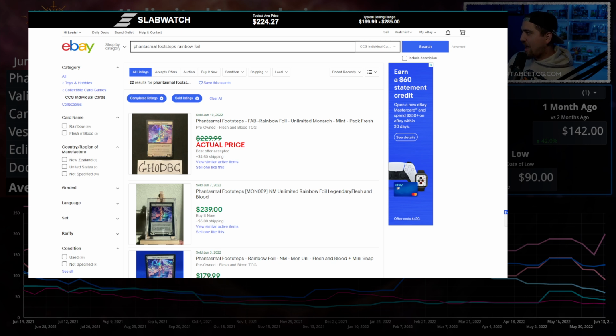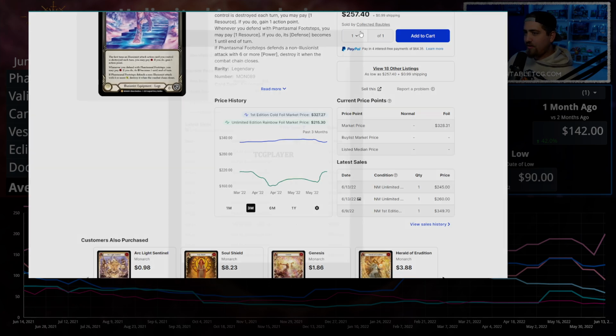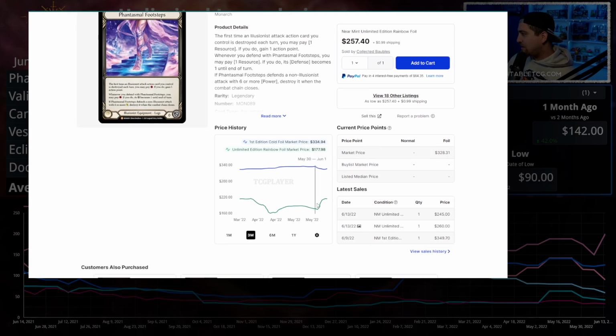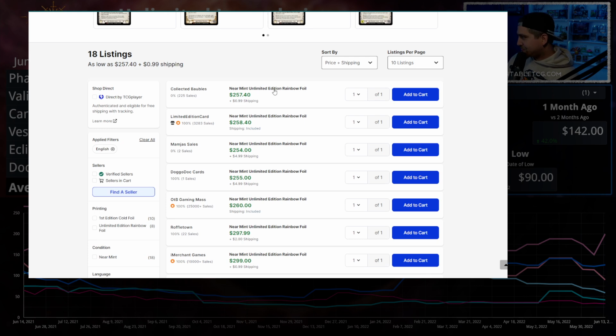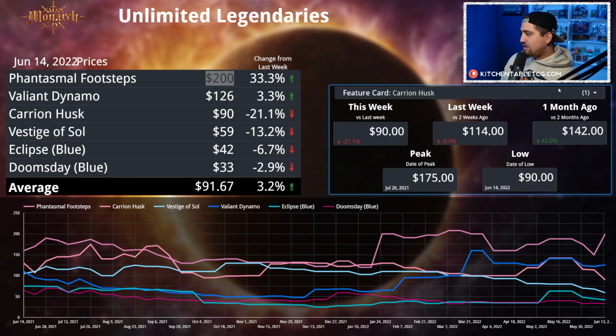TCG players a little bit higher in the 220s, even up to 245 I think, you can make an argument, but we're already up 30% from last week. You can currently get them for $250 on the Unlimited side, so you can make an argument to me that this price point at $200 is a little bit low. I was just using that eBay best offer that was accepted at $200. You can make an argument that $200 should be like $215, $220, even upwards of $230,